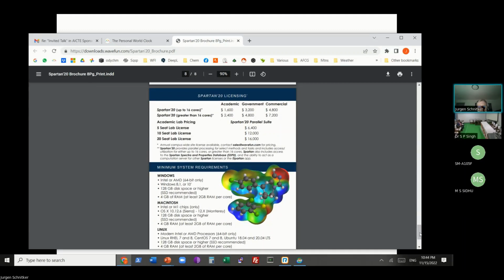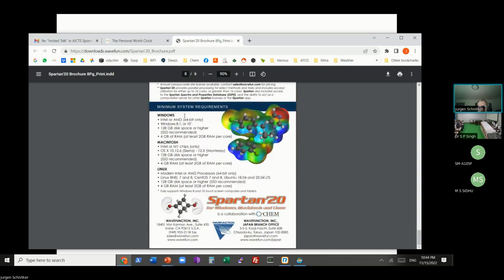And the specifications for Windows. We only support 64-bit anymore. 32-bit, sorry, there's no support for that anymore. Windows 8 and up, including Windows 11, of course. Linux, these are the distributions of Linux. I'm not a Linux user personally, so I can only acknowledge that these are the distributions it works with. The amount of memory, it all depends.